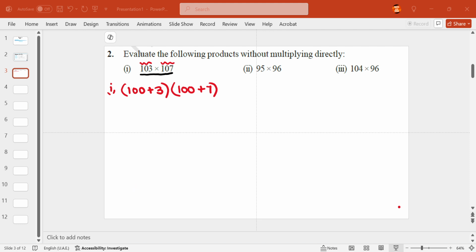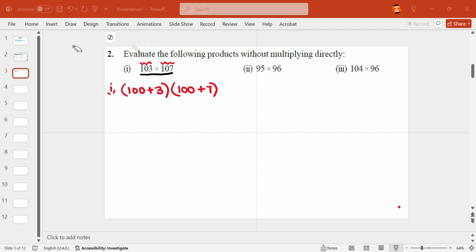Now let us see the next one. It is 95 times 96. How can you write? You can also write it as (90 plus 5) times (90 plus 6). But my dear students, if we use this identity, what happens here? 90 square you have to find out, and you have to multiply the middle term also with 90. So instead of taking this, can I